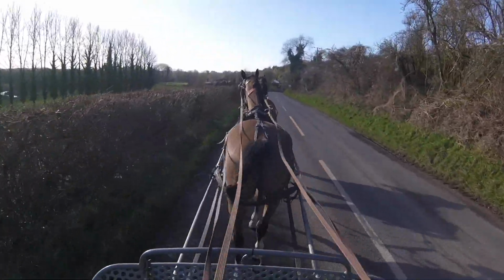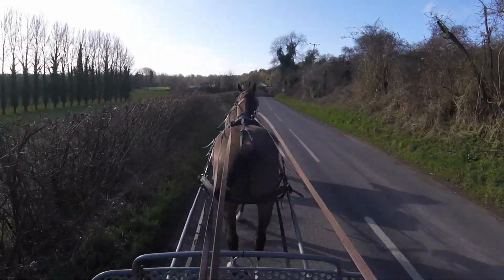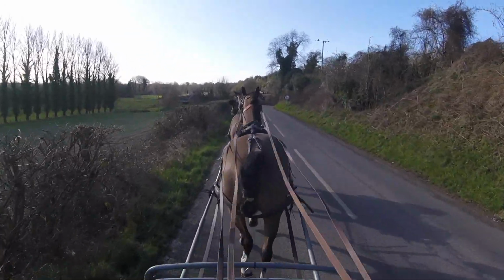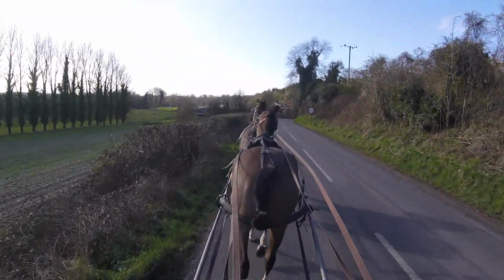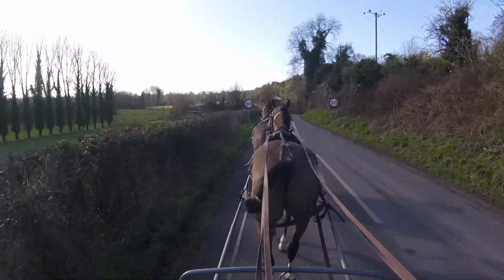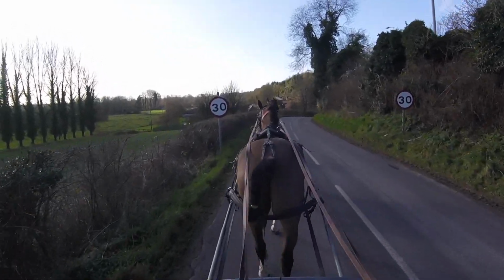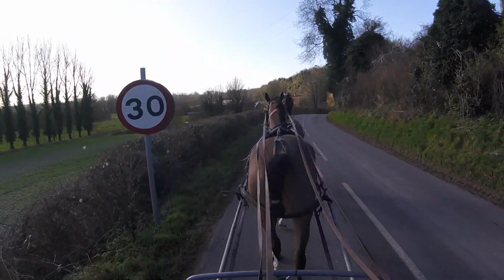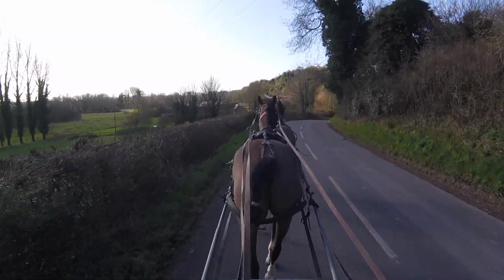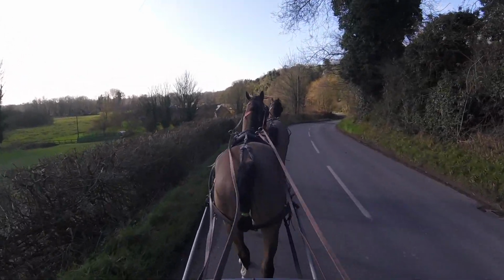So my lighter horse is out the front. When I say lighter, there's very little difference in them, but he's just a little bit lighter body weight. That's not the reason I put him out there, it's because he's a little bit more flighty than the one in the wheel. So a lot of people would say, we've done it with a pair of colours not so long ago, but a lot of people would turn around and say that, well, you're crazy doing that. Well, it's not, because if we get him out there now and he learns the job, settles down straight away,